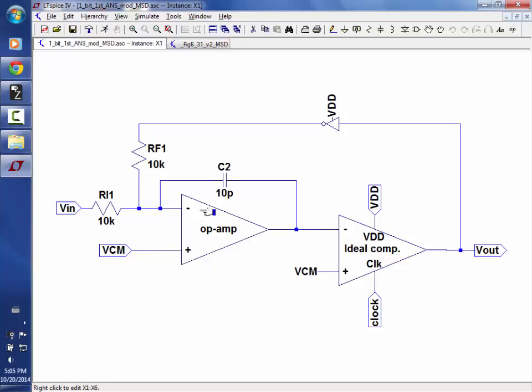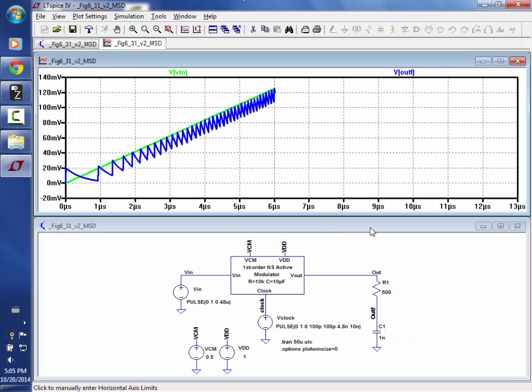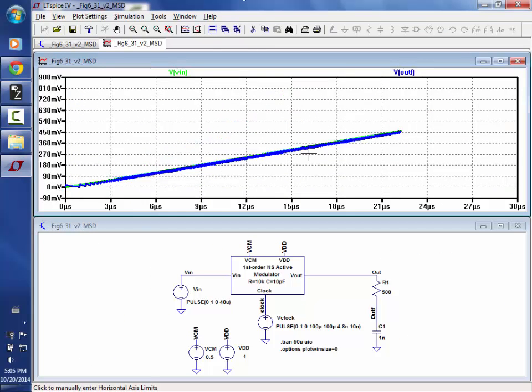op amp here. Notice in order to get negative feedback, I put the inverter in the background, but notice how I flipped the minus and the plus so that Vin and Vout will be the same polarity. So if Vin goes up, Vout will go up because the forward gain is positive. So all that's happening now is this node is not going to be wiggling, so I won't get as big